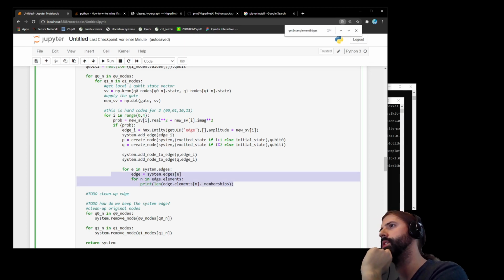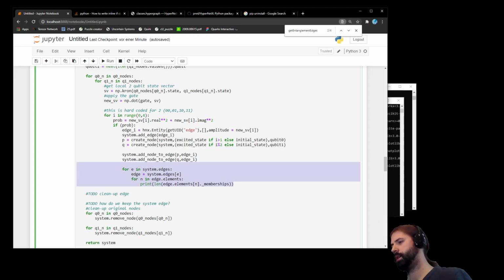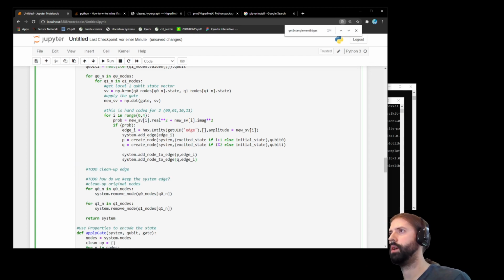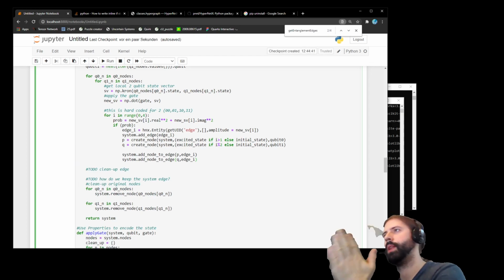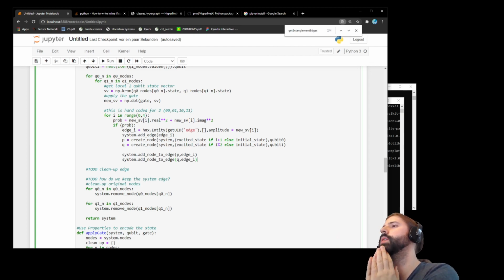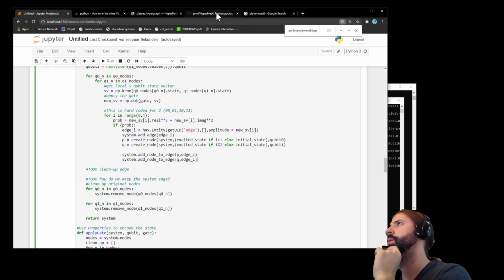It's funny, because it feels like it is updated. It is updated when I take a look at the nodes element. And so system remove node, what it does is